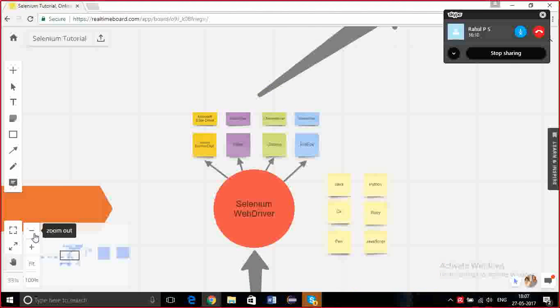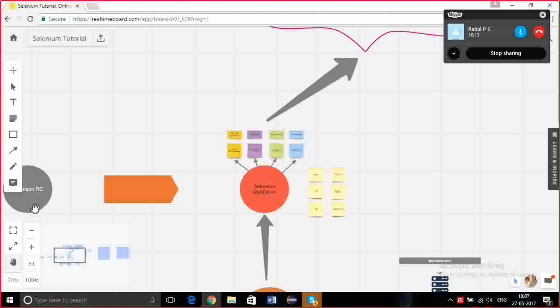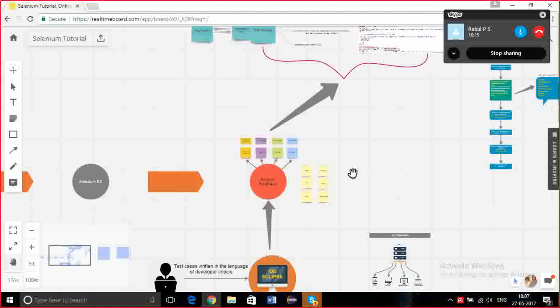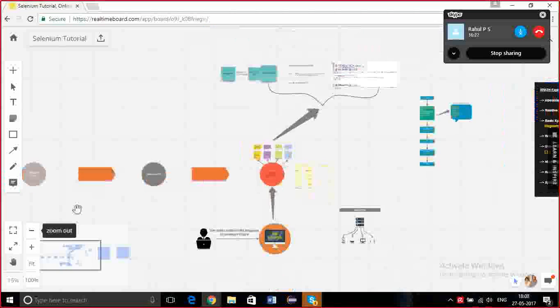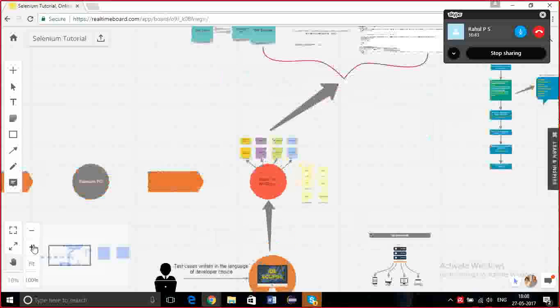Okay. It might be a stupid question, but can we make the program have multiple drivers for different browsers? Yes, obviously. So let's say, we as programmers will choose any one of the languages. In our course, we will be covering Java. So we will take Java. Since we are taking Java, we are using Eclipse as the IDE. So the programmer creates automation code in Eclipse using the WebDriver, and the WebDriver